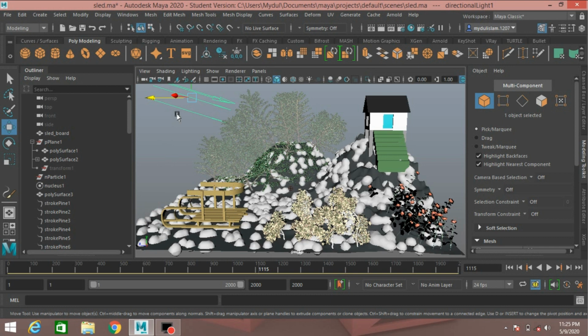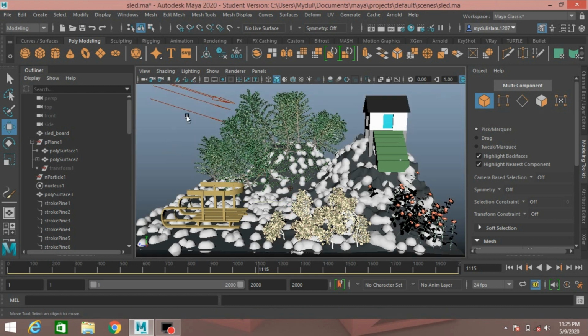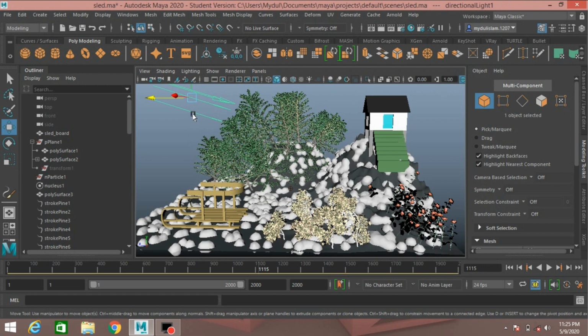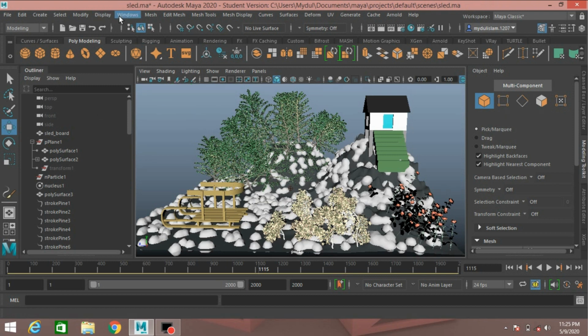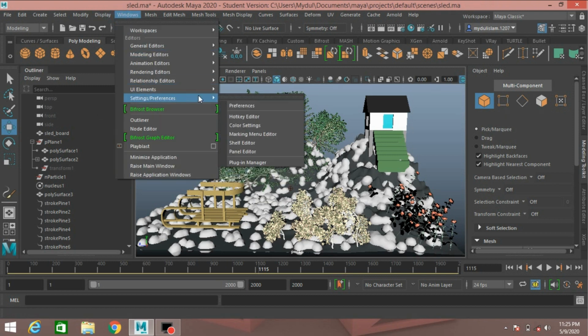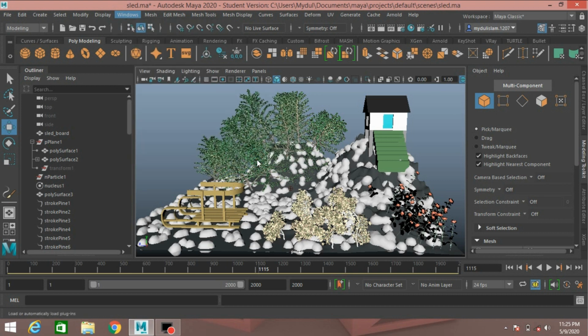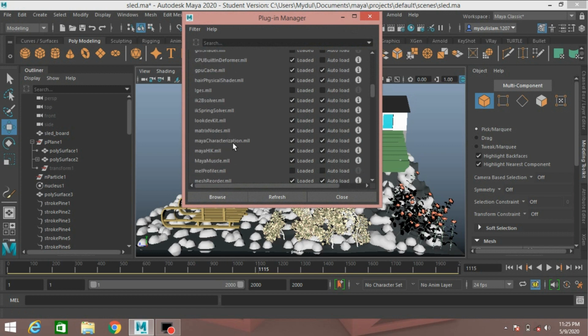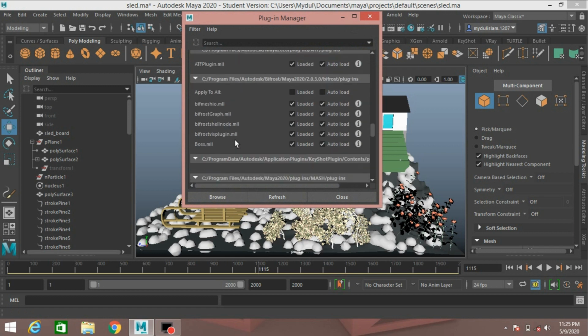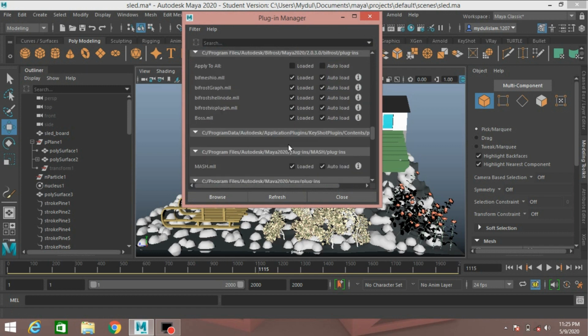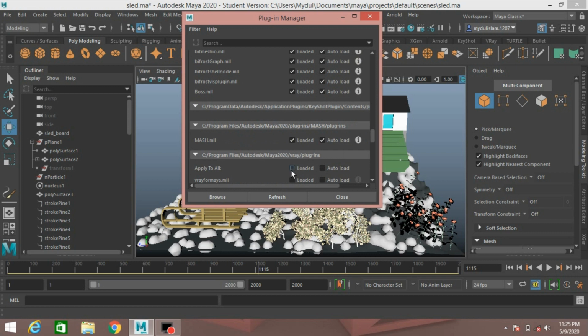I can try this on the V-Ray rendering engine. So select the sky dome light, press delete, select the directional light, press delete. Now go to Windows, Settings and Preferences, click on Plugin Manager. Click Load V-Ray.